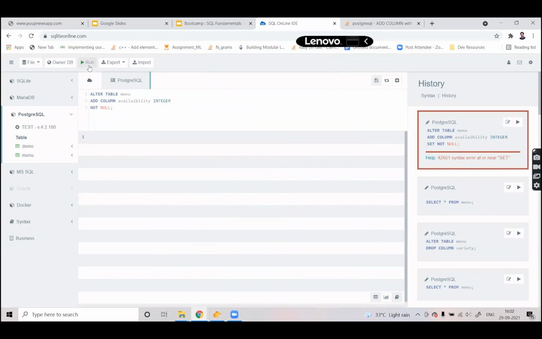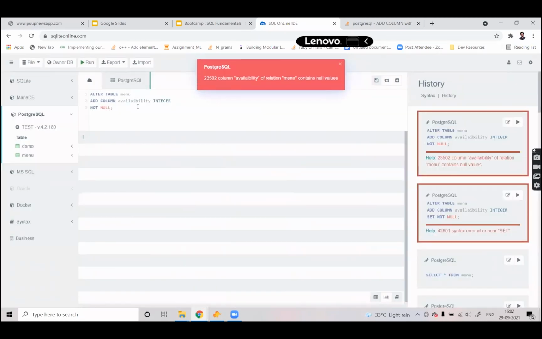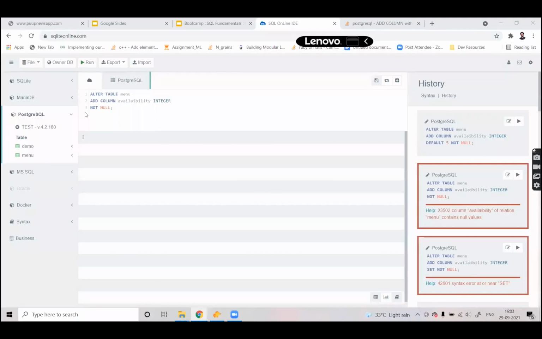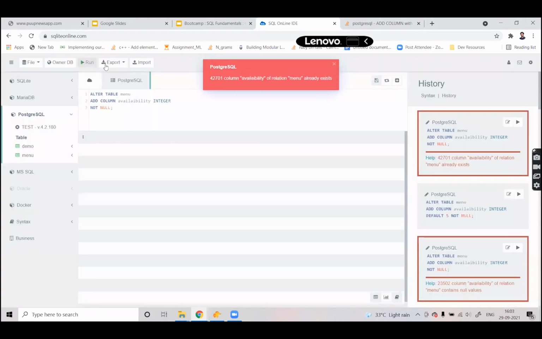Here I just need to write not null, but here I cannot put not null because the information is already present in the table. So in this case, I cannot directly write not null. Why can't I write not null directly? Because if I run this, it will say availability of relation menu already exists. Right now it already exists, but the point here is that every menu item has some